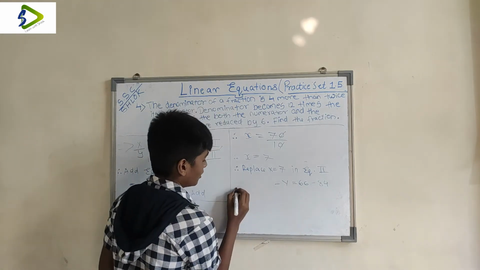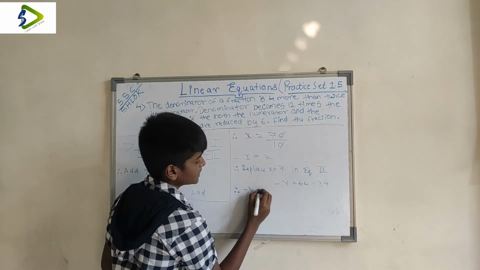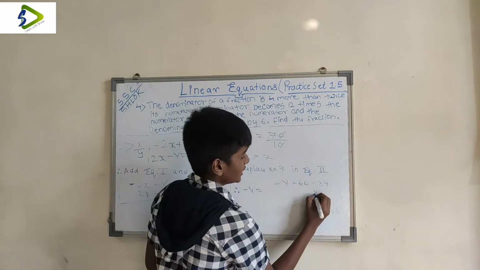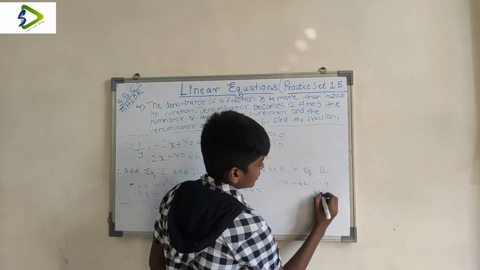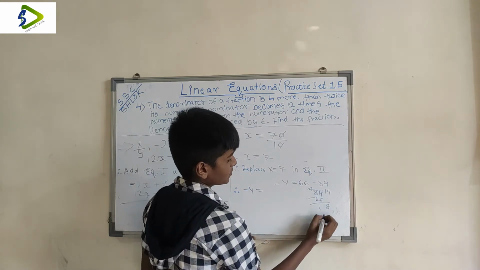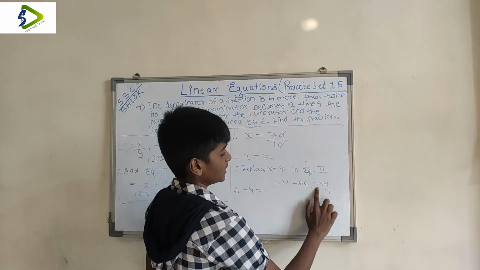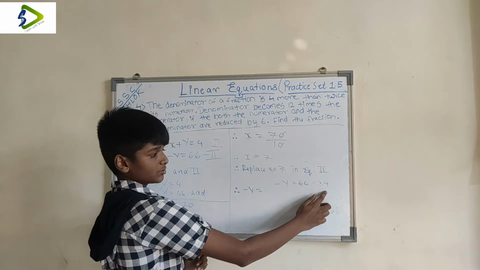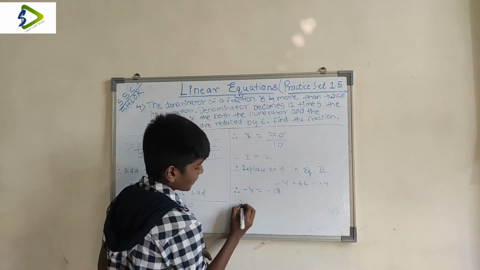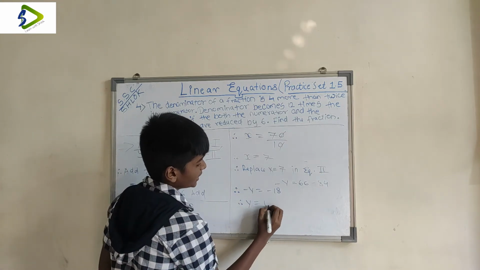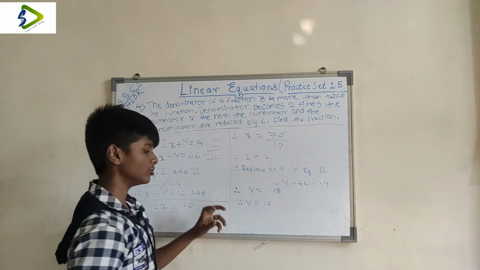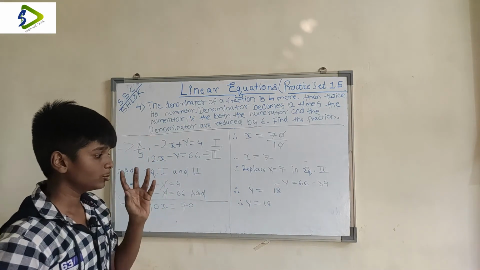over here. So what we get is minus y is equal to 66 minus 84. Let's do that: 84 minus 66. 14 minus 6 is 8 and 7 minus 6 is 1. So we get 18, and we have to put the minus sign because this number is smaller than this number, so the answer becomes minus 18. That means y is equal to 18, because I am removing the minus sign from this side, I have to remove the minus sign from this side also. So therefore we get y is equal to 18.